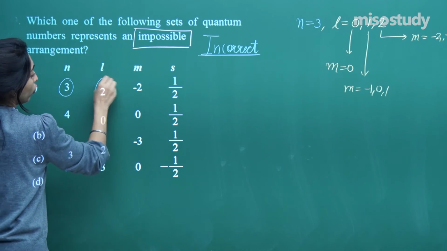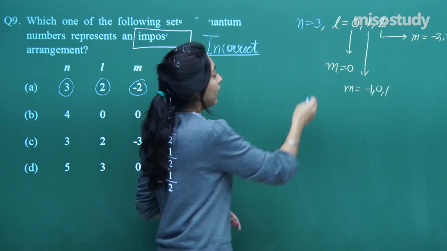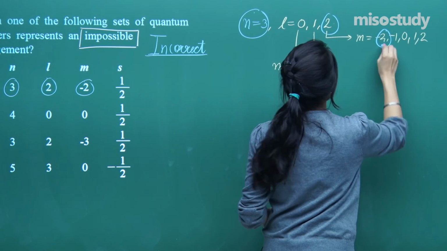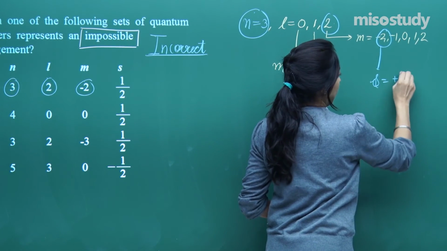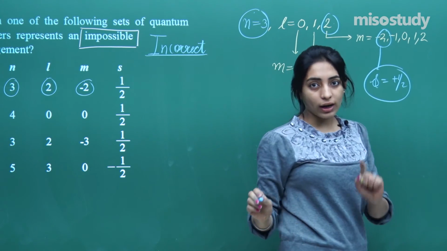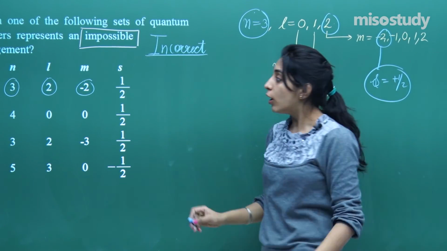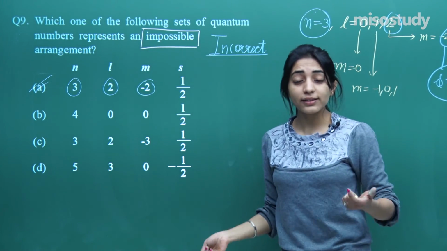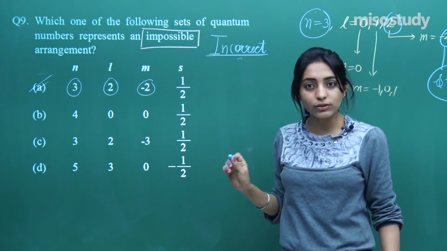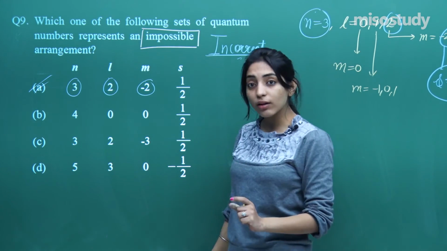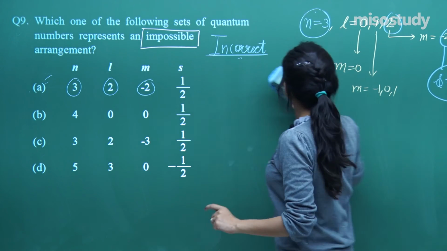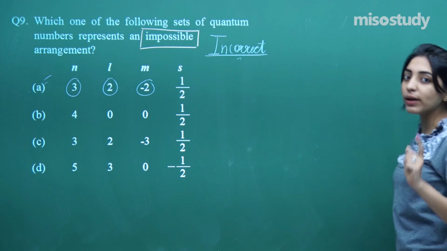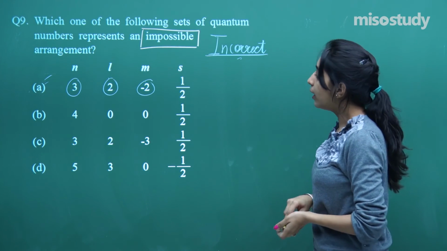Right? Now see, read out the first option. n 3, L 2, m minus 2, and the spin also plus half. All are correct? So this is correct option. Don't say, we got the answer and this is the answer. No. I said 3 times, incorrect he is asking. So first figure out the incorrect, then only mark the answer. So first is not our answer. First is the correct statement but not the correct answer.